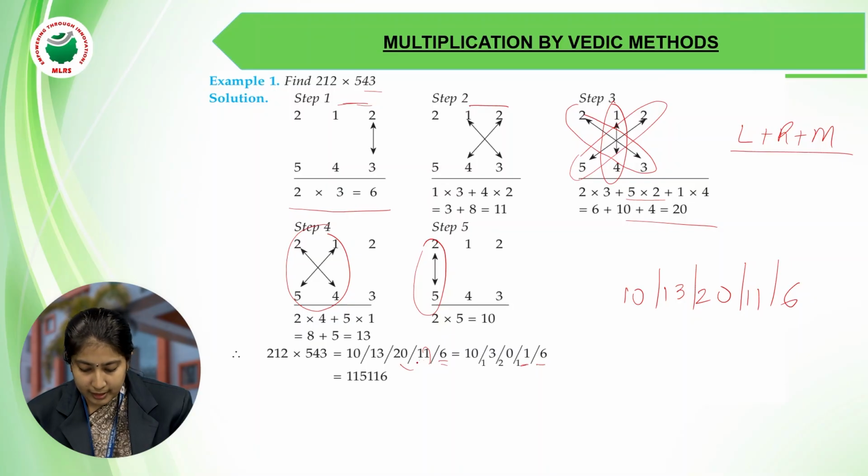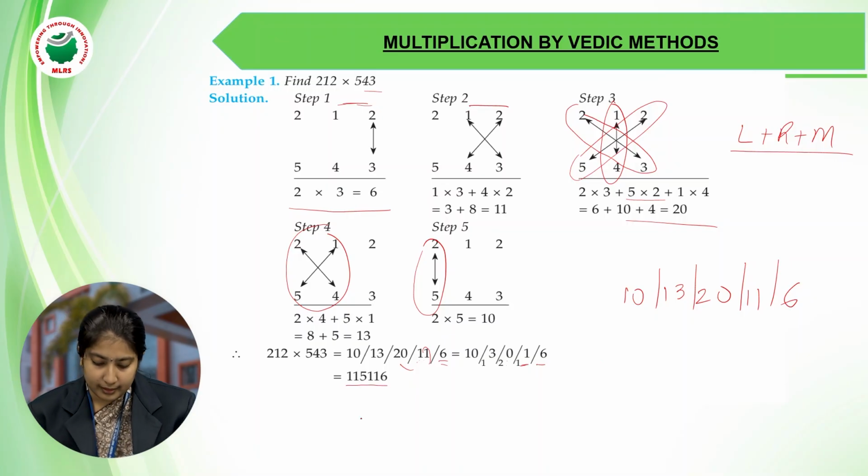So when this 1 is being added to 2, the answer will be 3, and here you are having 0. So next, again here you will add this 2 to the 1, which will result in 3. Similarly, here 1 is there, which will be added to 10. So the answer you will get is